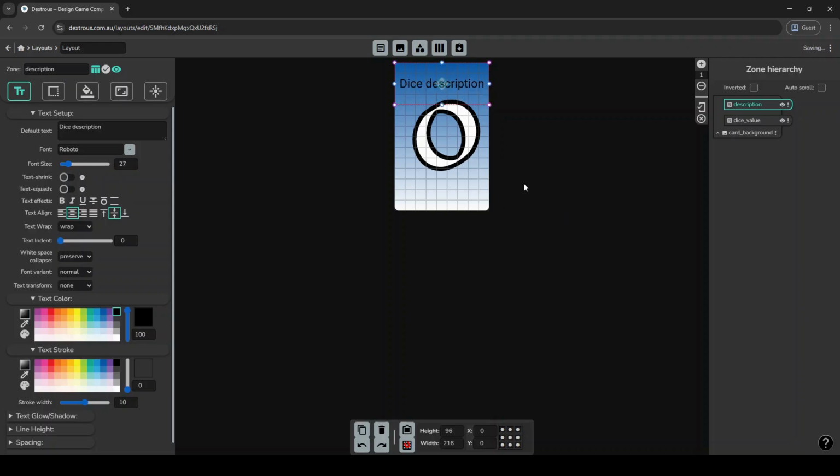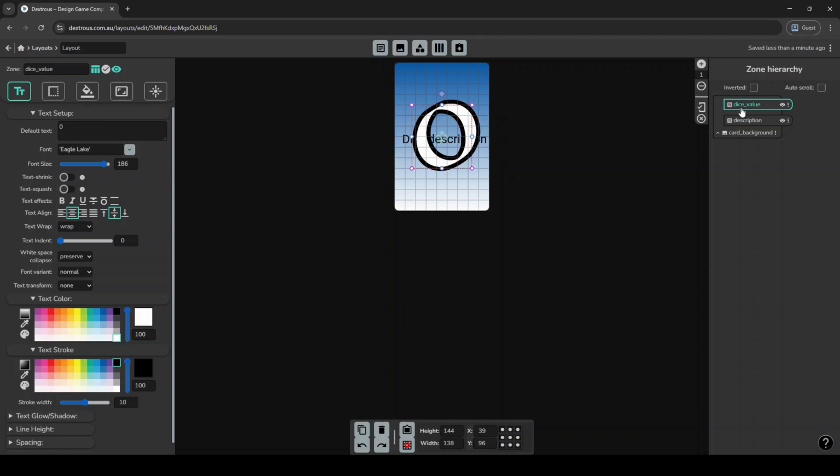One thing to note here is that you can drag these components, and you can choose from this hierarchy here which one is on top of each other. You can put them inside each other. Let's see, I want to put dice value on top of the description, like so. So dice value is always on top. In a different kind of situation, you can put your images on background and text on top of them, or vice versa, and so on.